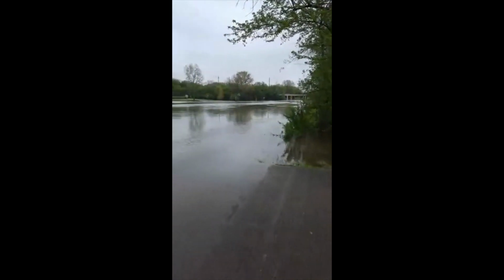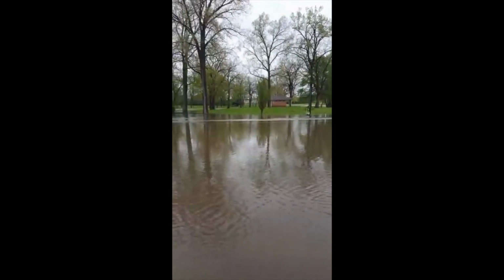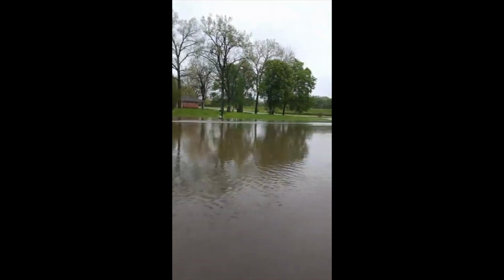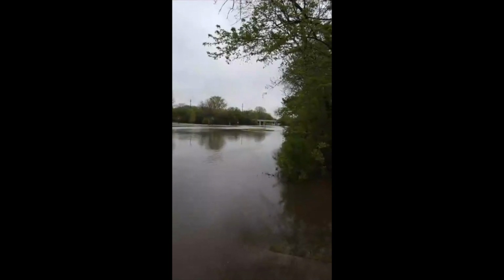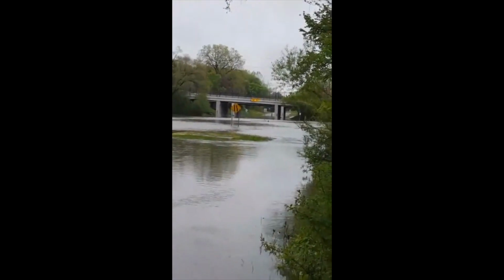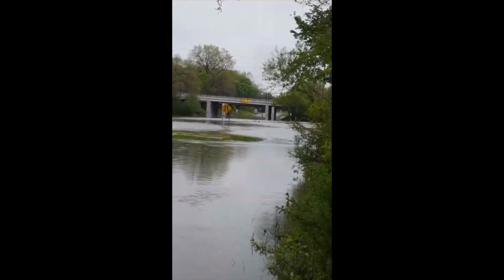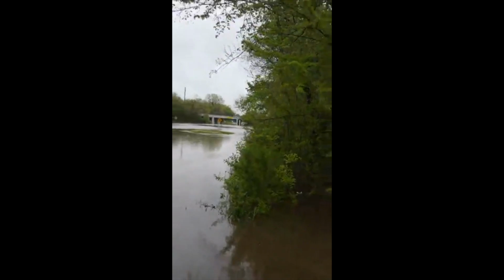I also wanted to point out, do you see those yellow lines? This is the road, and that right over there, zoom in a little bit more, is Telegraph. So you could take your canoe right under Telegraph today. I often wonder why they close Hines. Well,